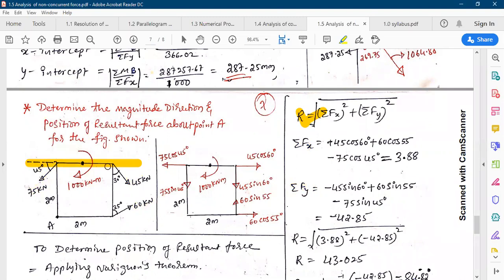Whereas for this force, this is the horizontal line and this is the y axis. Now we have the angle of inclination as 30 degrees with respect to the y axis. Similarly, this is the y axis and this is the x axis. Now we have the angle of inclination as 35 degrees with respect to the y axis. To resolve this, we have to convert it with respect to the x axis. So 90 minus 30, it will become 60 degrees. That 60 degrees is used to resolve the force.